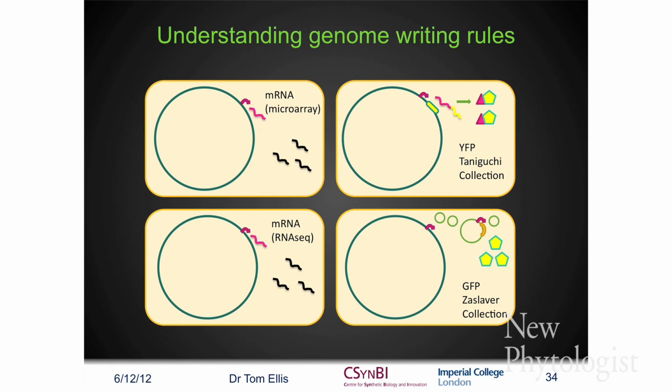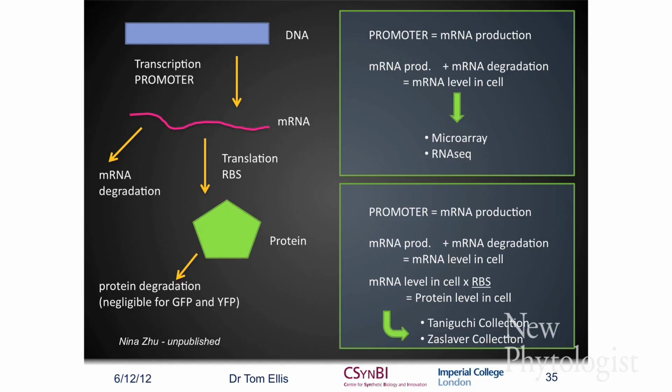So we have a whole lot of data available that we can mine for very similar growth conditions. There's existing microarray data, that's RNA levels from the genome. Now there's RNA-seq data to go with that, an upgraded version of the same sort of thing. There's the Taniguchi YFP proteomics data, and then there's the Zaslaver collection, which is the standout one because this is coming from the plasmids instead. And this talks us through the central dogma,